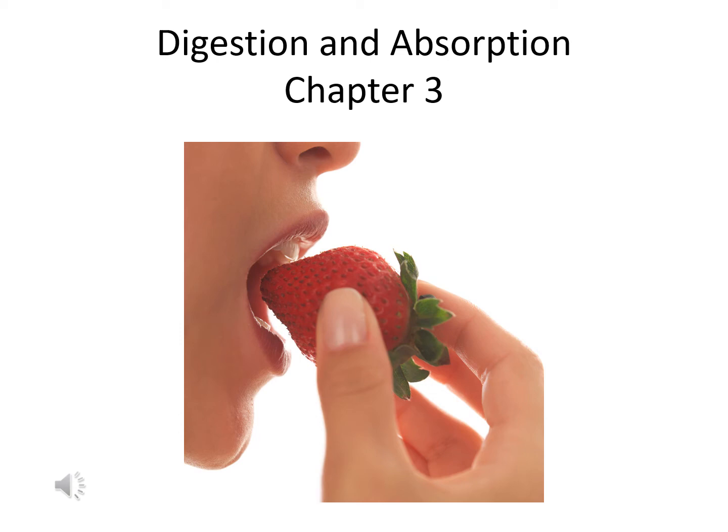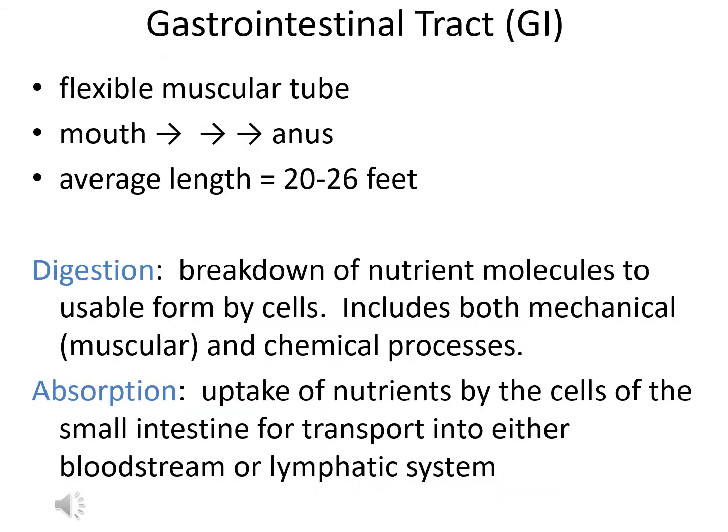In Chapter 2, we looked at the food guidelines that are available to help us plan a healthy diet. In Chapter 3, we're going to take a look at what actually happens to the food in the body once we decide to select them. No matter what food you select, it basically has the same entry and exit point through our GI